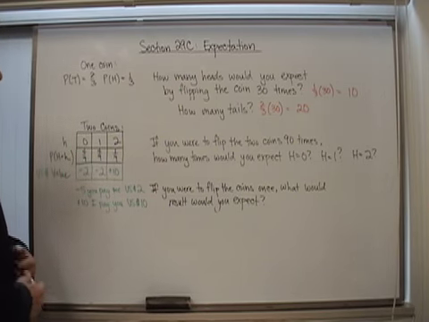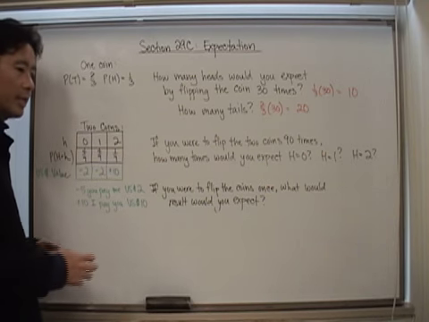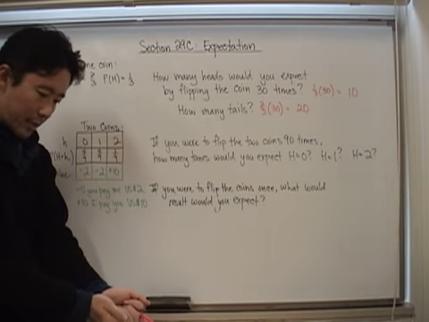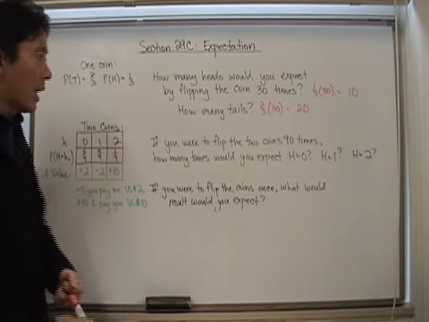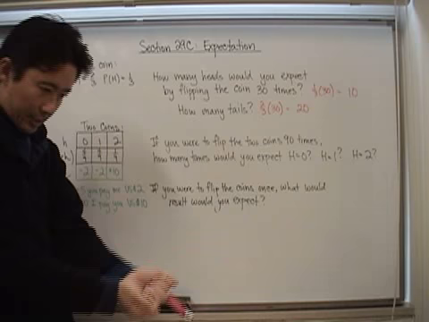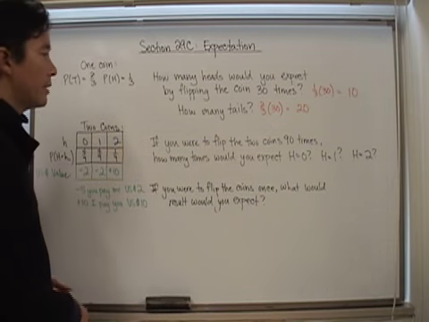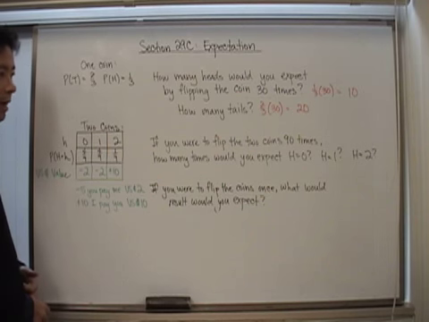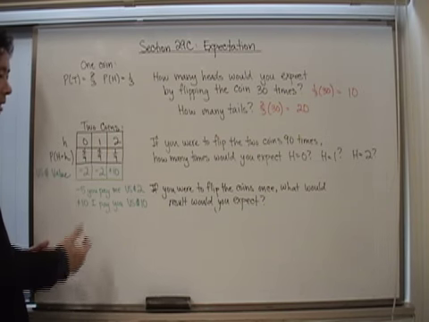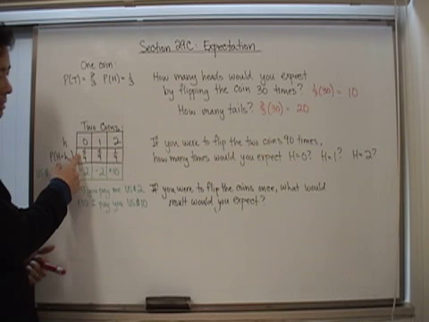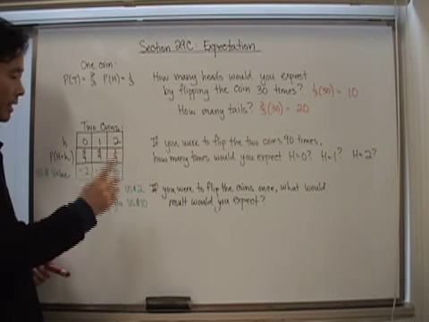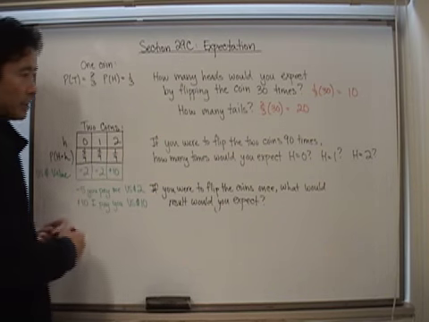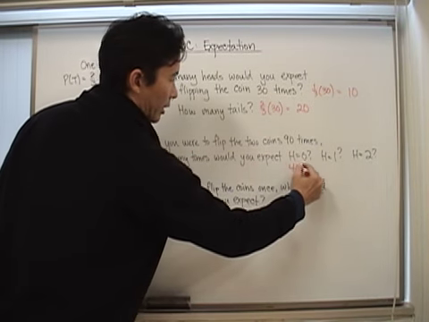So, if you were to flip the two coins 9 times, so you flip it, that's once, you record the result, you flip it again, you look at the result, you record it. If you did this 90 times, how many times would you expect there to be no heads? I'm hoping we go through the same process again, and if we take the 4/9ths, which is what I would expect, that out of every 9 times, 4 times I should have no head showing up. I should then come up with 40 times.